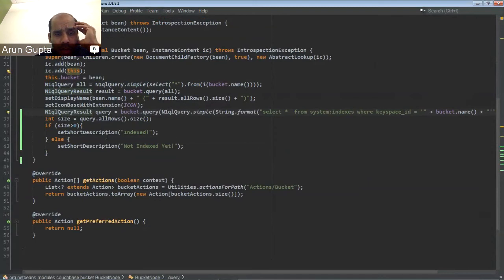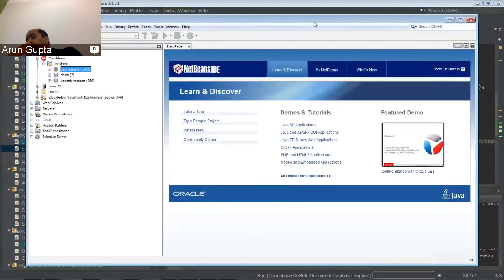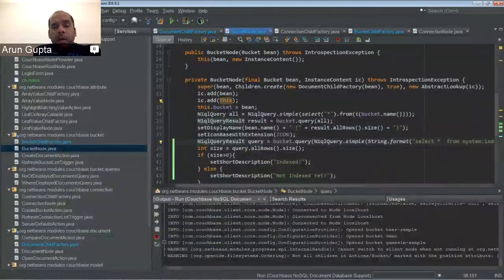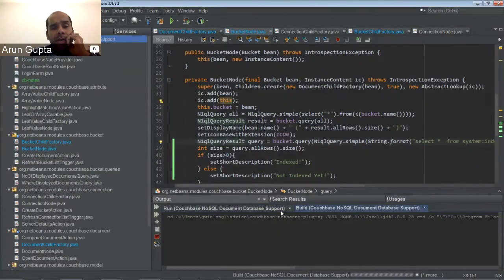And it seems like the result for all of them is indeed... Yes. The difference between the back quotes and single quotes will make the difference. So with regular quotes it works, and with back quotes it doesn't. Okay, so I think what Eben just verified in the Couchbase console, and he says the back quote and the single quote should make a difference. So let's try to build this puppy and then try it again. Sure.